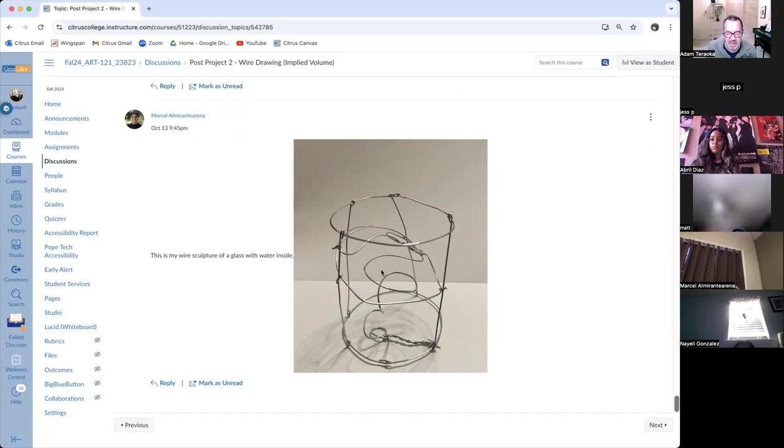If I was gonna make a glass with water inside, I think I would have tried to make it flatter. I mean, water can be abstracted, I guess, but in this case, what I would have done is, I think I would have definitely added a straw, like three wires, right? A little loop at the top, a little loop at the bottom. Probably take about 8 minutes to do, and